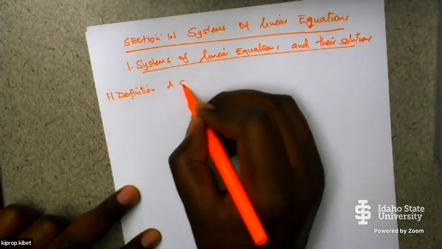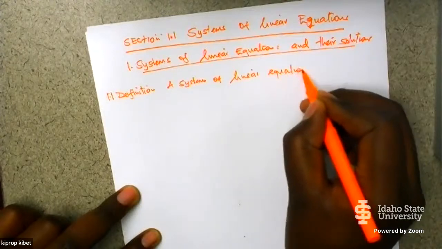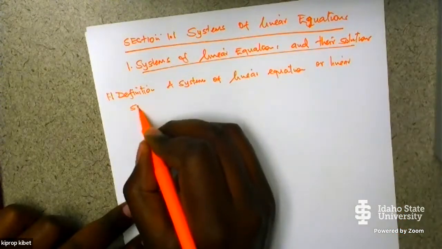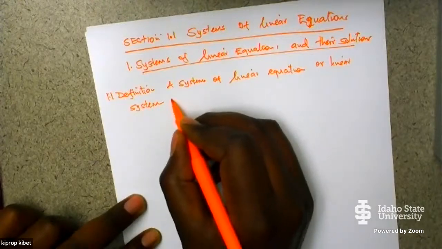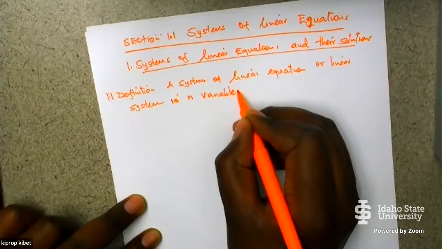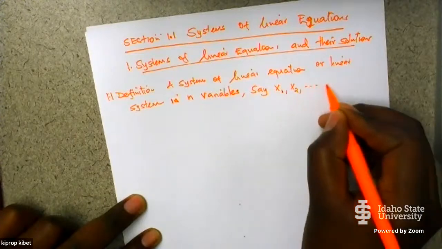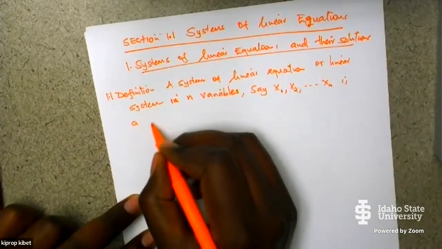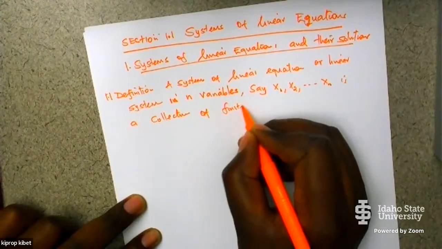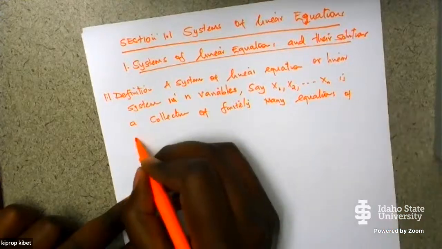A system of linear equations, or linear system, in n variables, let's say x1, x2, all the way to xn, is a collection of finitely many equations of the form